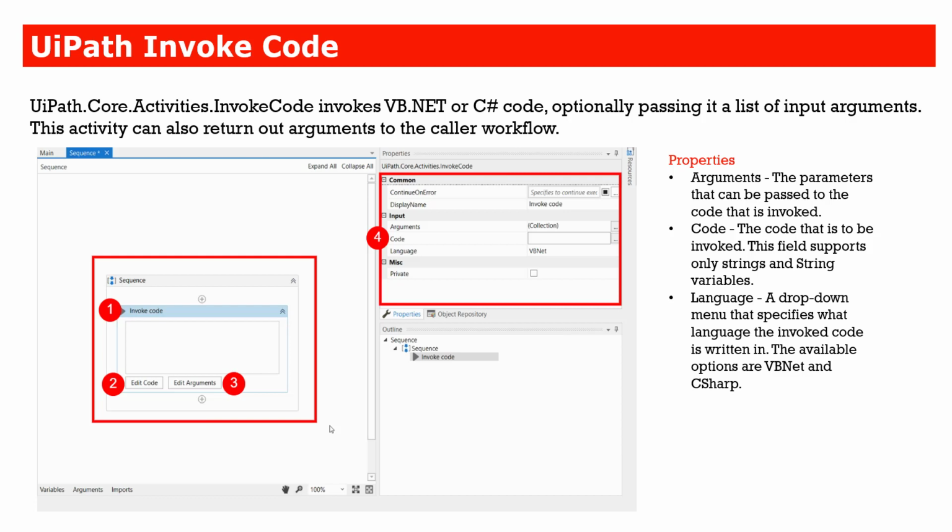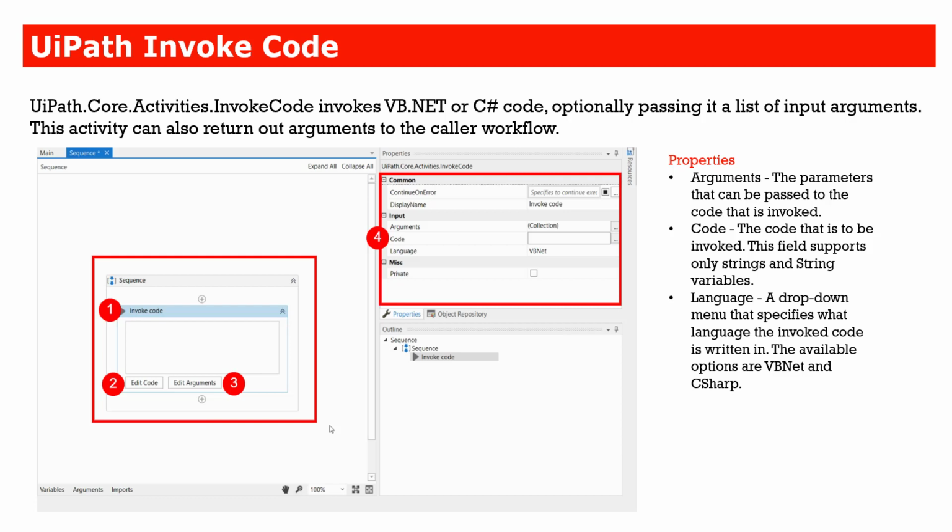Many times we need to perform copying of data from one Excel file to another Excel file. Many times we need to perform deletion of a folder and all those kinds of things, right? Those kinds of things can be easily done when you write a small snippet of code.